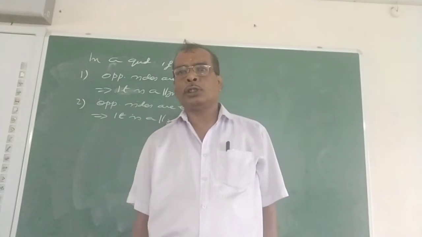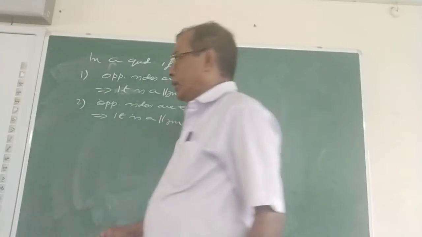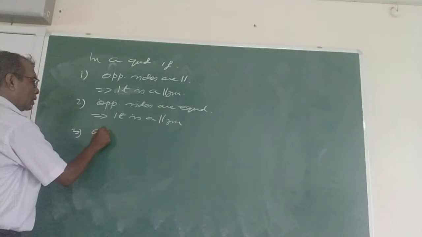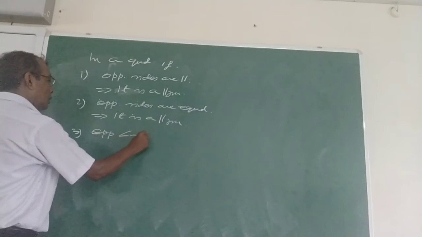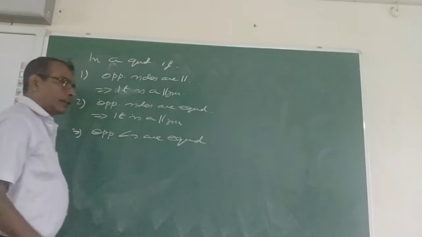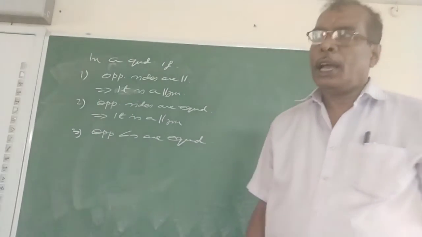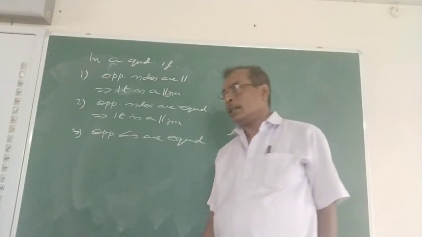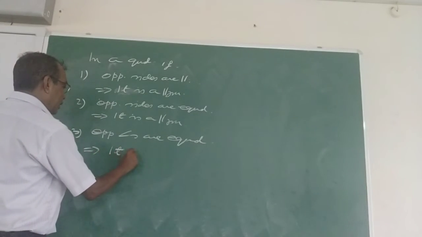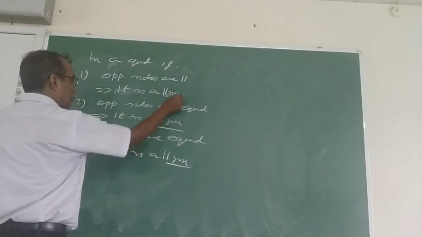If one is going to say opposite sides are parallel, then blindly you can say it is a parallelogram. Similarly, opposite angles are equal. If opposite angles are equal in any quadrilateral, that is angle A, angle C equal, angle B and angle D are equal, then quite natural that it is a parallelogram.